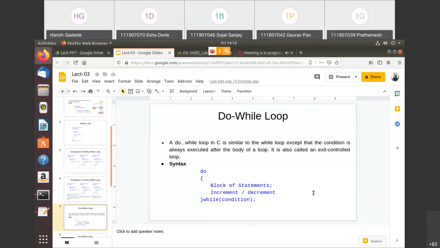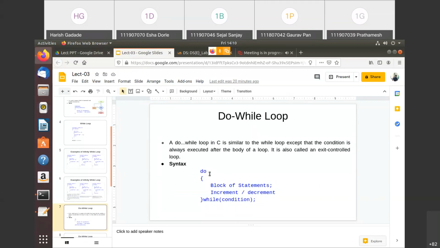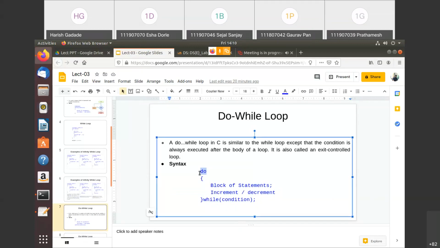First, I'll tell you the syntax. Here, do is the keyword. Then this is the body of the do while. And at the end, we check this condition. In a while loop, initially we check the condition and then enter the body.